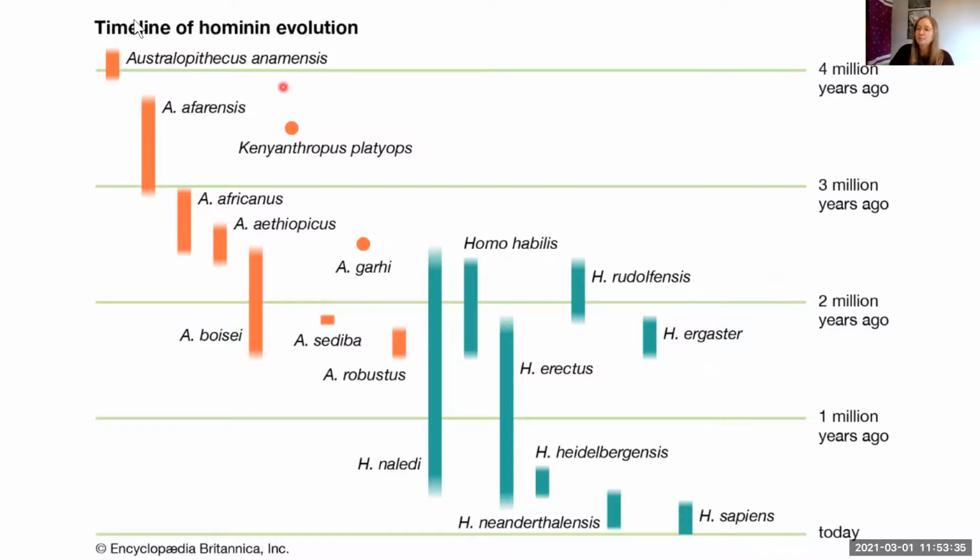The difference in color is the genus. So Australopithecus is orange, and then blue is Homo. So these are all our different species in our genus. So Homo nideli had a very long reign, started 3.5 million years ago and went almost all the way till now, but probably 0.5 million years ago is when they went extinct. I like that these bars kind of fade out instead of having a hard edge, because it wasn't like there was an extinction event. They just kind of pittered out.